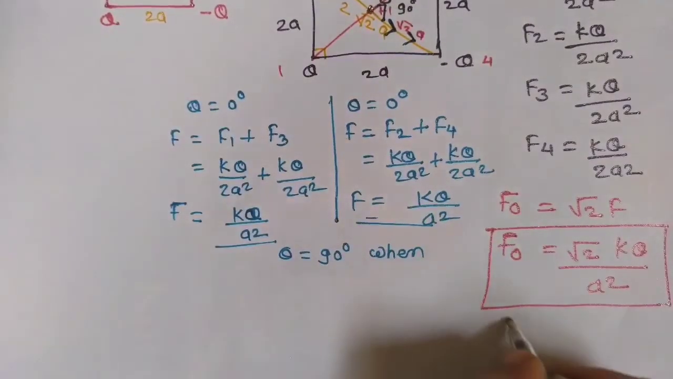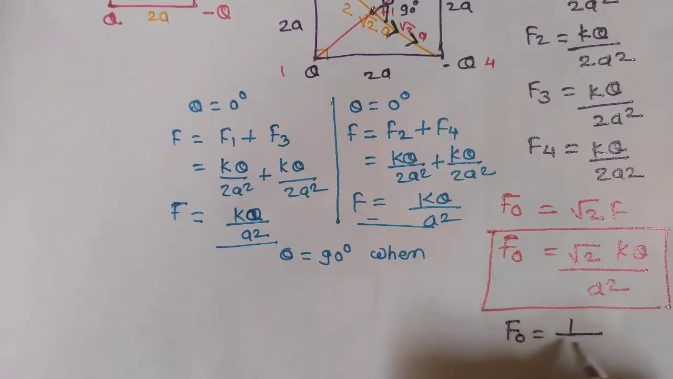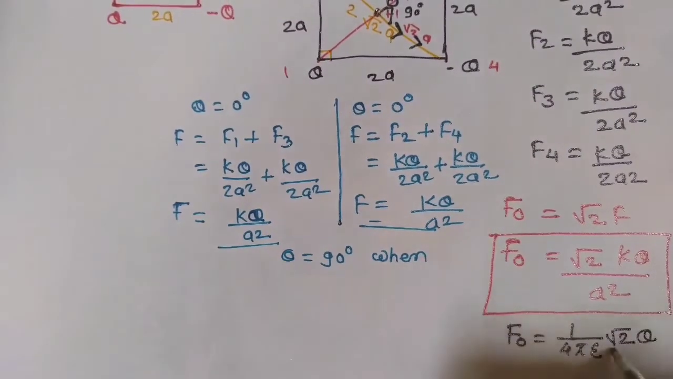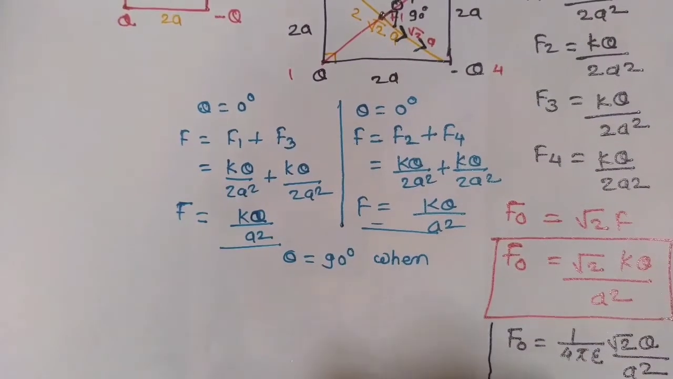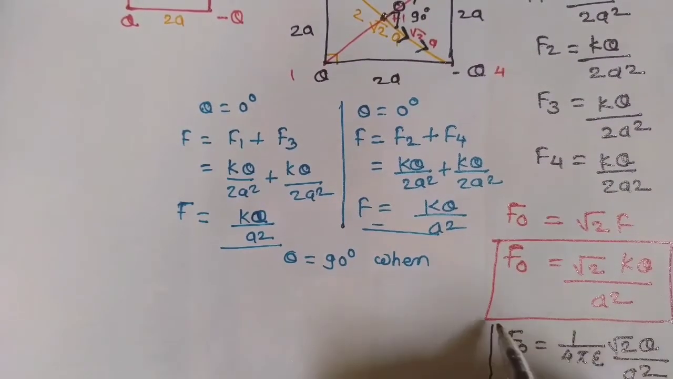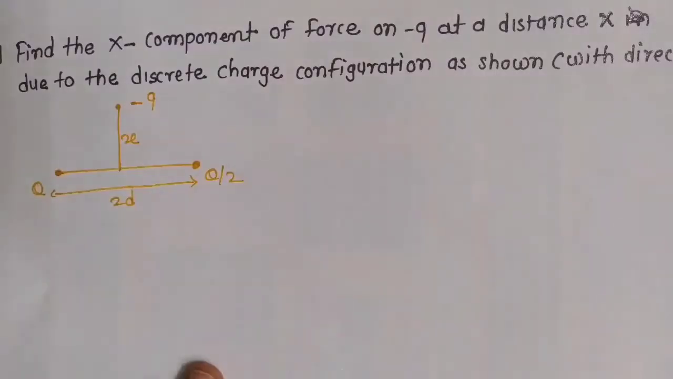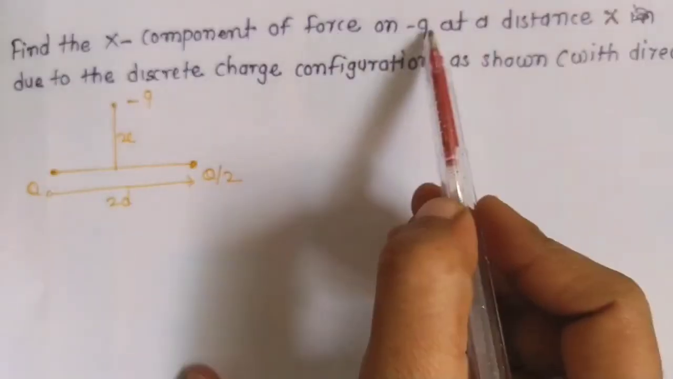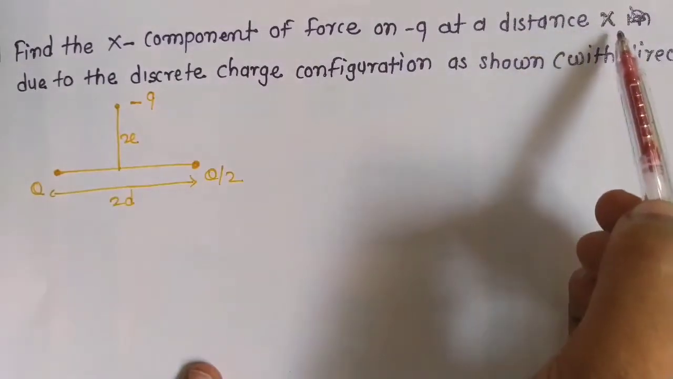and we can write it as FO is equal to, what is the value of K? 1 upon 4 pi epsilon naught √2 into Q upon A square. OK, this is the final value. Example number 4: find the x component of force on a charge minus q at a distance x